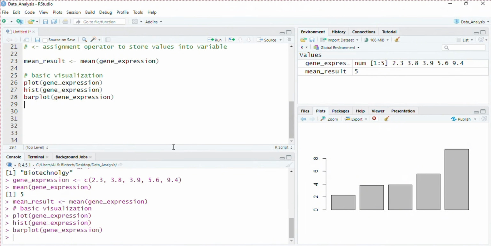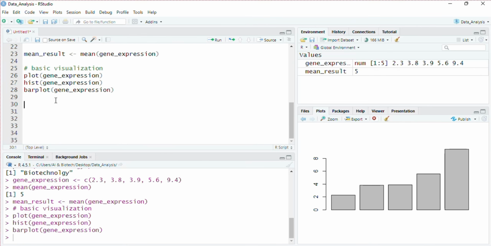One more plot, that is the bar plot. Let's create it with the same variable. So the bar plot is also created. To save this, use the export function. You can save it as an image or you can save it as PDF. PDF is more recommended for high resolution.